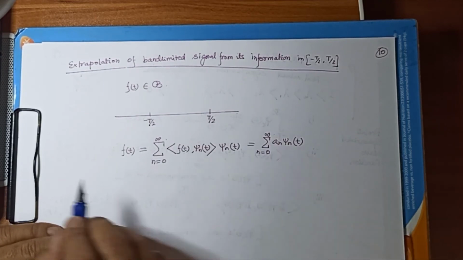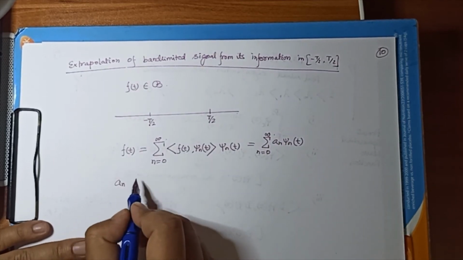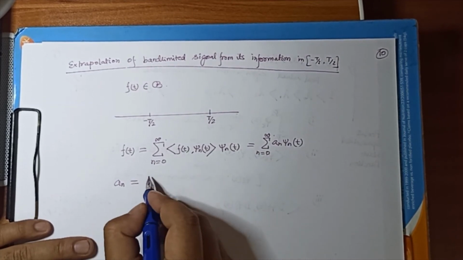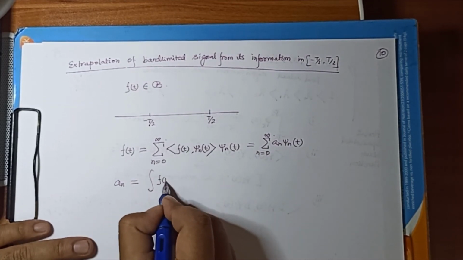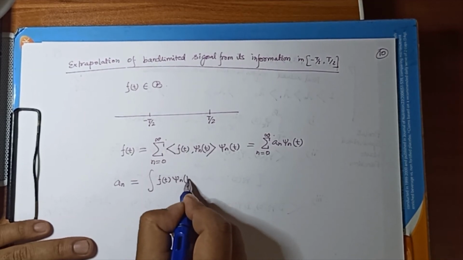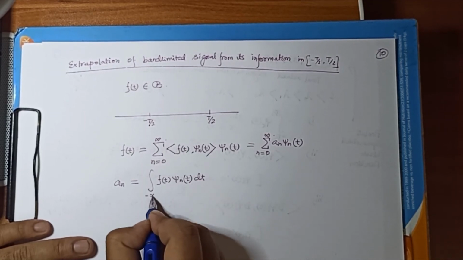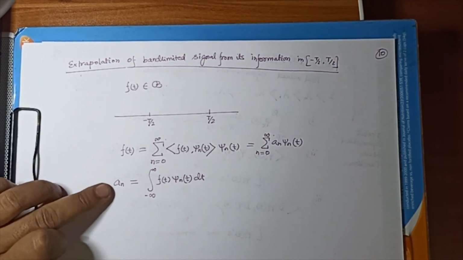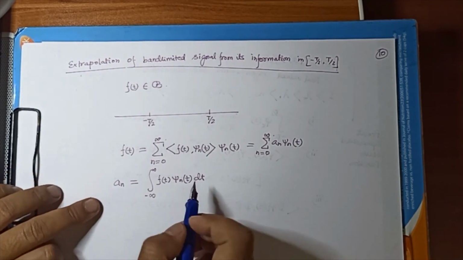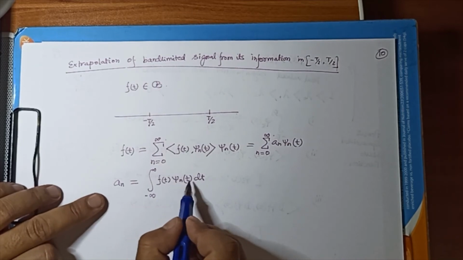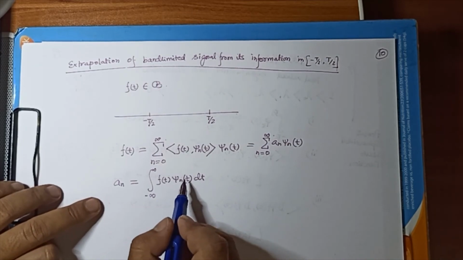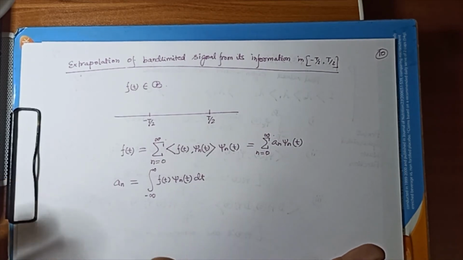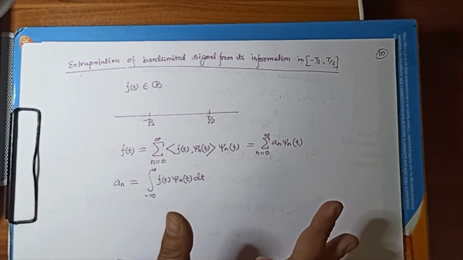So this is also a Fourier series. Now this a_n can be computed as this inner product, the integral of f(t) omega_n(t) dt from minus infinity to infinity. But we also know that the Prolate spheroidal wave functions psi_n are orthogonal in the finite time window as well, in the space D as well. So if so, then what we can do,